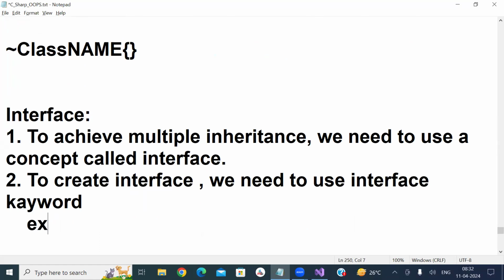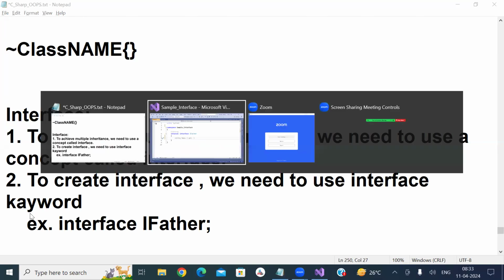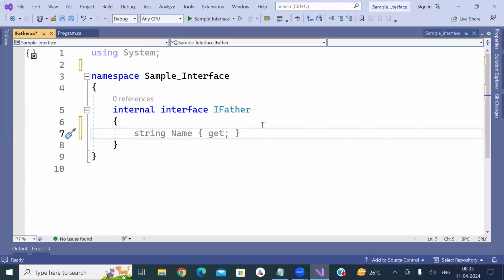Example, interface IFather. IFather is nothing but an interface. How we are creating a class, in a similar way you are going to create an interface. No doubt in that, no problem in that. Right? Now, whether my interface contains a method,